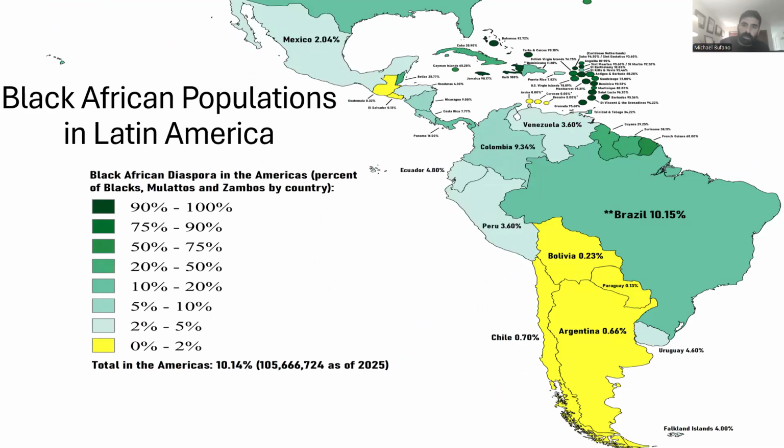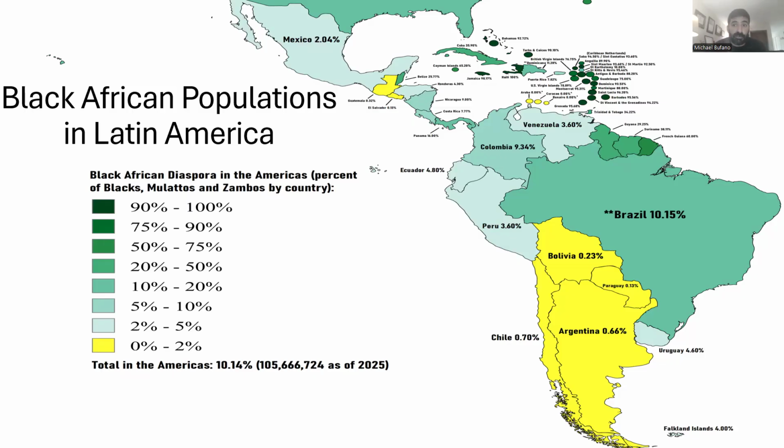Now, on top of that as well, the Europeans in various countries, just as what happened in North America, brought a lot of slaves from West Africa to engage in things like mining and cash crop farming in different parts of the region. So these Black African populations came to exist in Latin America as well. In Brazil, they consist of about 10% of the population. In fact, about 5 million slaves were brought over to Brazil. In other countries, they only consist of much smaller minorities.